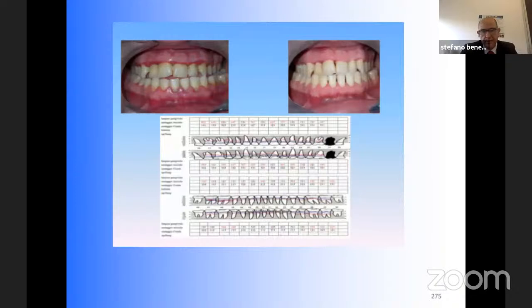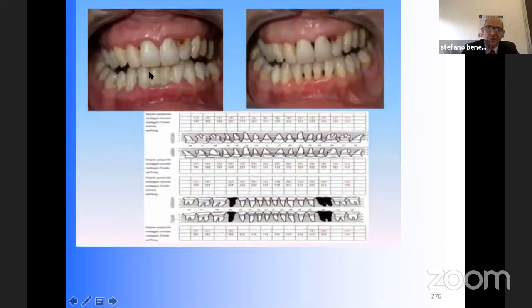Some examples from our dental hygiene school. We have a very nice dental hygiene school, and we are very proud of it. And you see some cases of closed flap periodontal therapy with conventional therapy, scaling, root planing, and laser